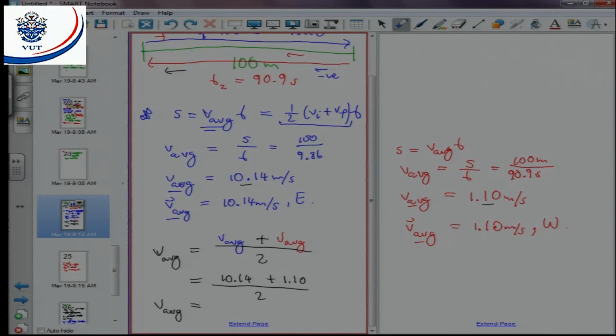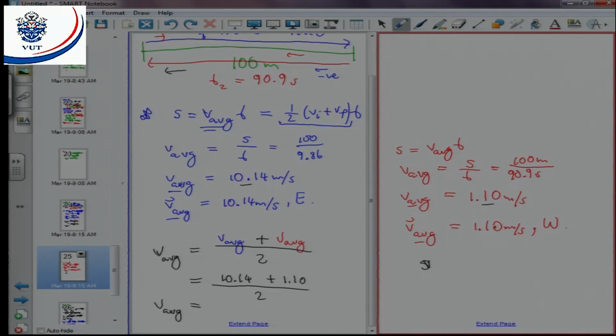Okay, so whilst I'm looking for my calculator, I just want to say that there's another way of finding this average speed. You can just say for the whole trip, the average speed is the total distance over the total time. Okay, so the total distance was 200 meters, and the total time is